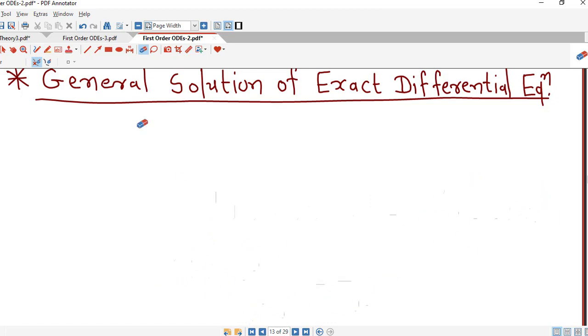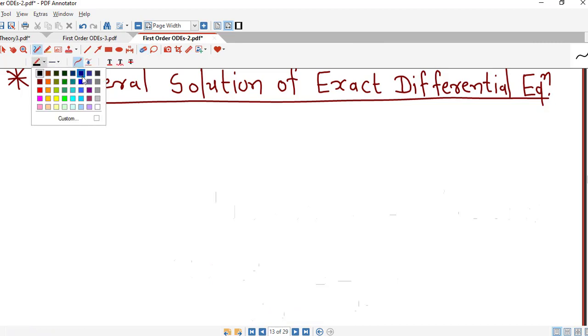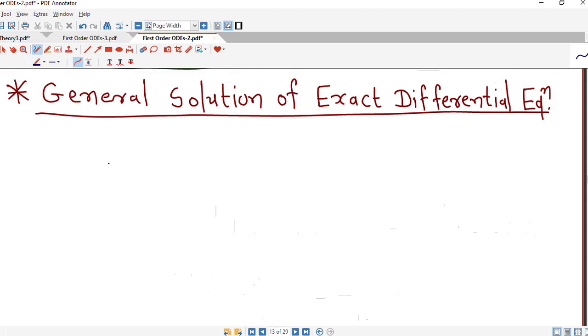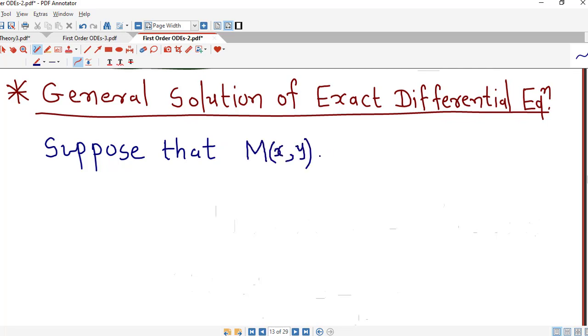So once our differential equation is exact, we have to find its general solution. We have a ready-made formula for the general solution of an exact differential equation, so we write down that method. Before that, we suppose that this differential equation M dx plus N dy, where M and N are functions of x and y,